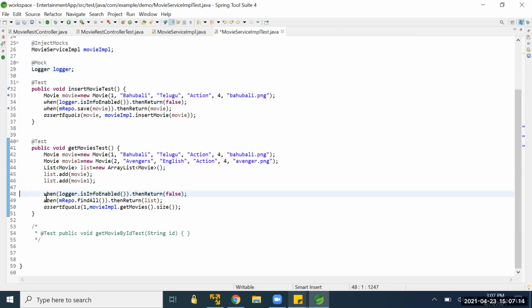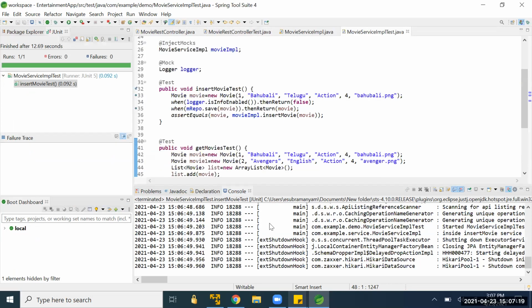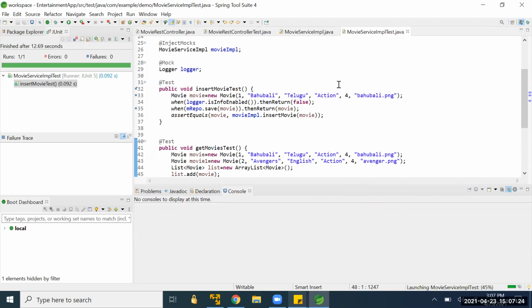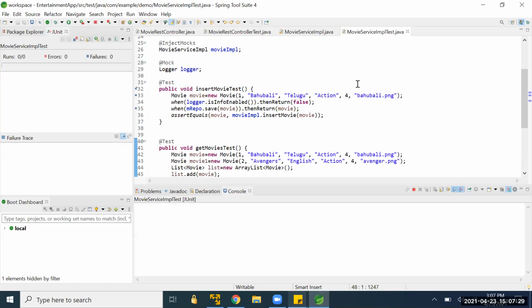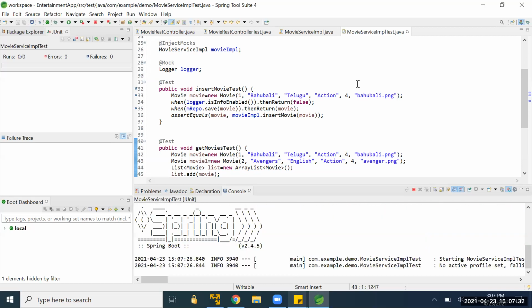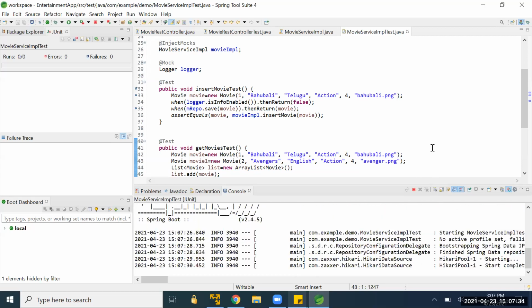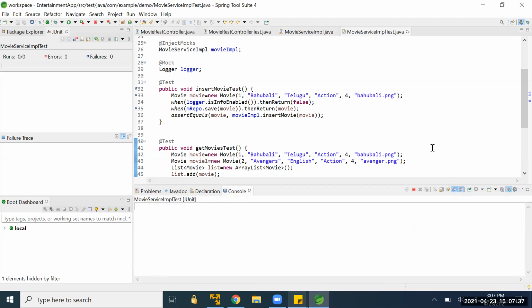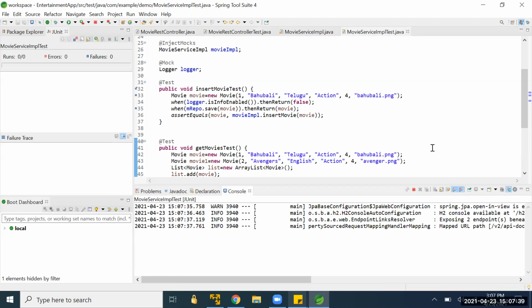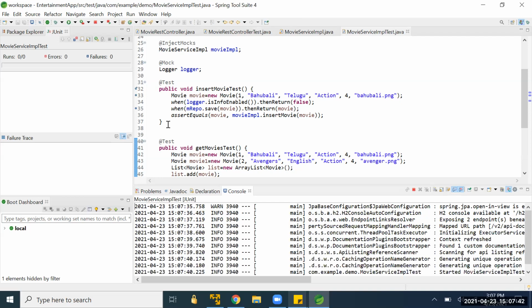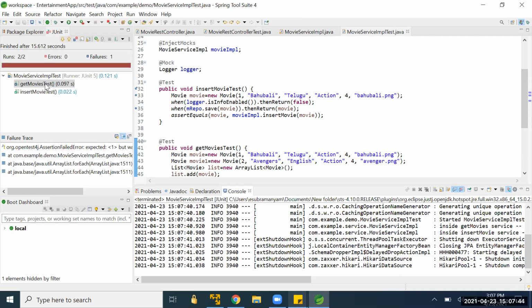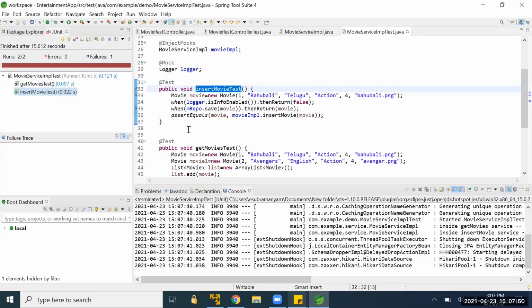Okay, get movies test has failed, while insert movie test is executed successfully.